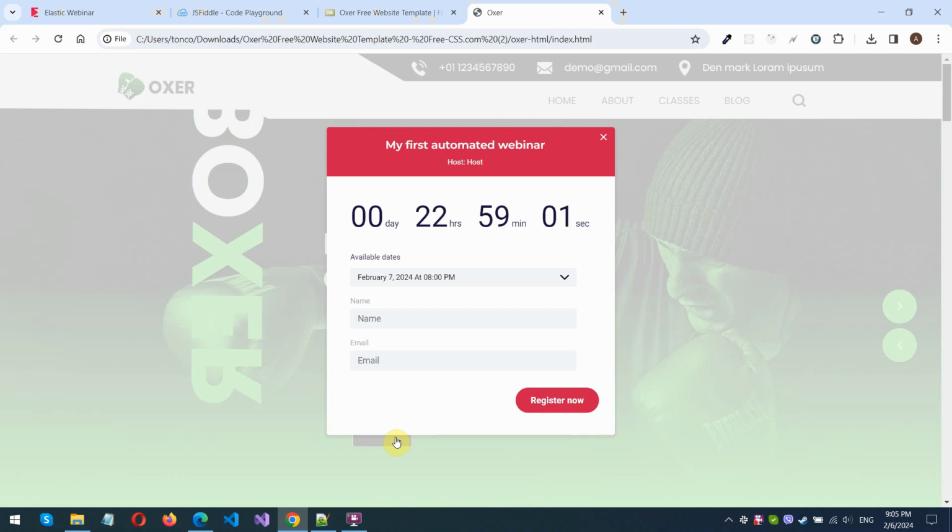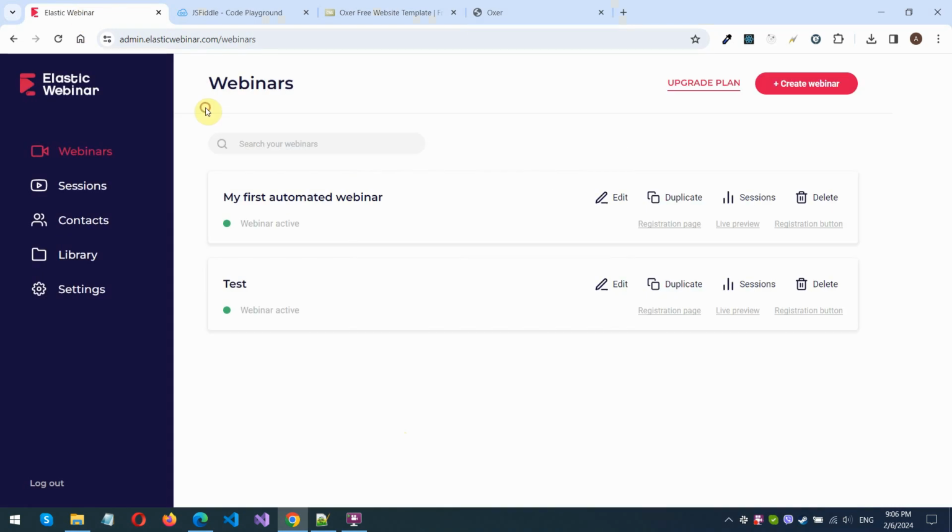These advanced settings are typically handled by your programmer or the provider of your registration pages, and this guide can aid them. In the next video, we will explore sessions,